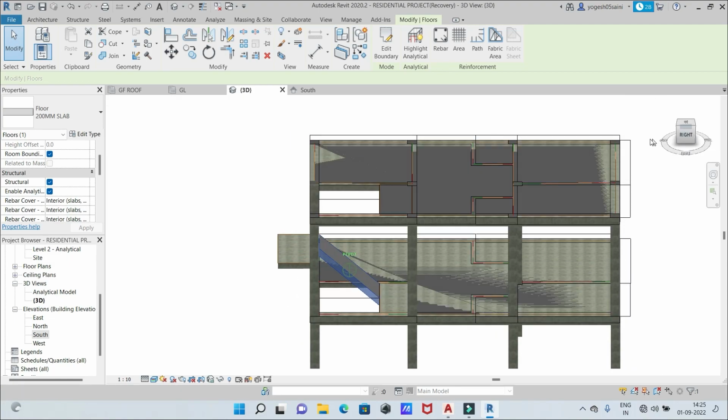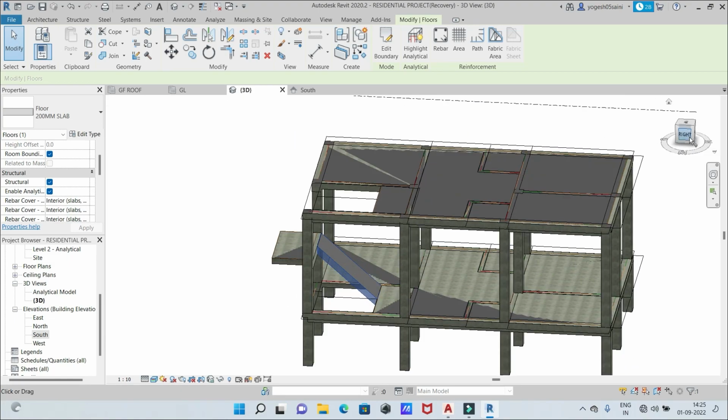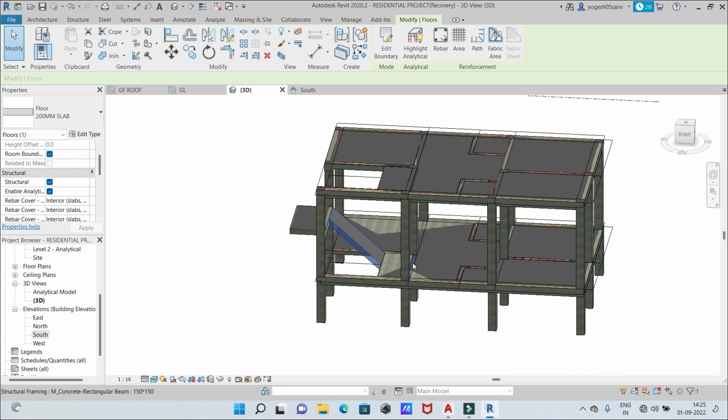So you can see here how easily we have modeled this slab. Concept is more important than your modeling. Now, as we have modeled these three slabs and the incline slab, we are going to model